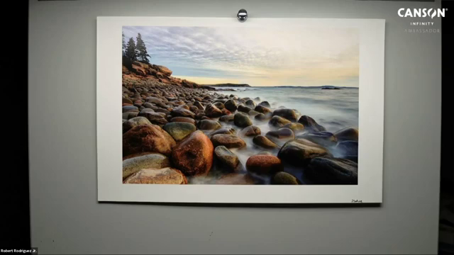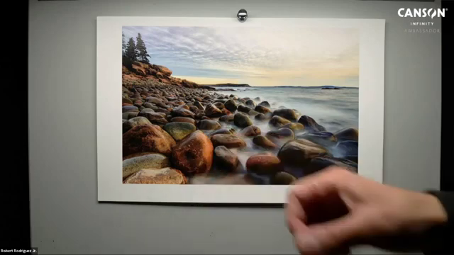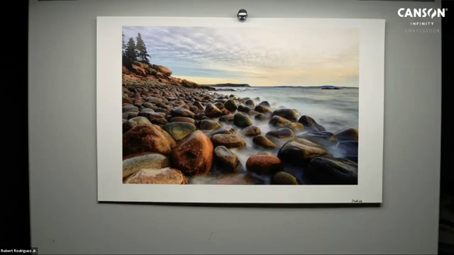I want it to be very visceral, you know, being on the ocean, waves splashing in and making you wet. That's what I wanted to really project, instead of something that was more painterly or